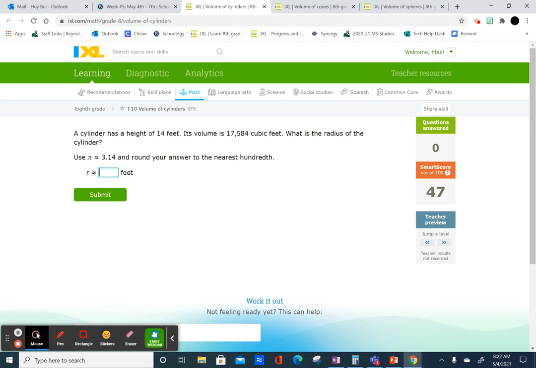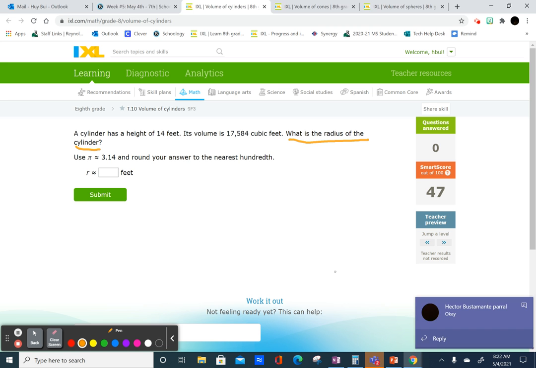Alright, this next video goes over an example where we're being asked to find something different. It's still in the assignment for finding volume of cylinders, but this time the question asks us what is the radius of the cylinder. Just because it's asking us to find something different doesn't mean we're going to use a whole new formula. So let's write down our formula for volume of a cylinder, which is